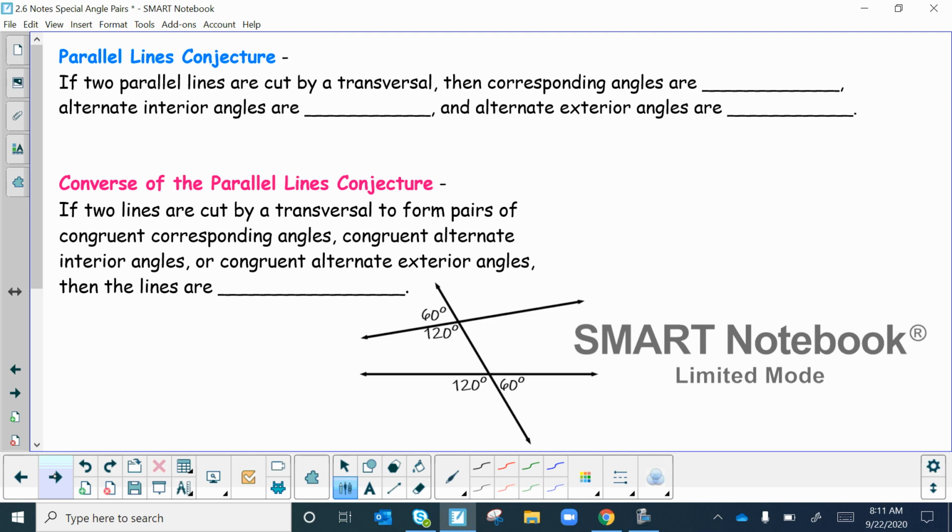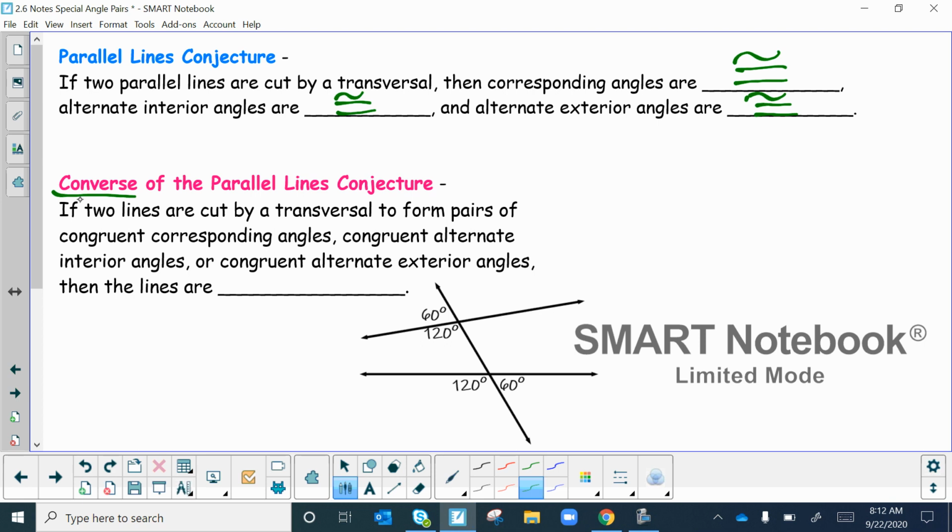So how do we put that all in one conjecture? It's pretty simple. It says if two parallel lines are cut by a transversal, then the corresponding angles are congruent. The alternate interior angles are congruent, because that's what we just wrote down. And the alternate exterior angles are congruent. Notice we didn't say anything about same side interior, so just those. And then the converse works as well. So if you see two lines cut by a transversal to form pairs of corresponding congruent angles, congruent alternate interior angles, or congruent alternate exterior angles,